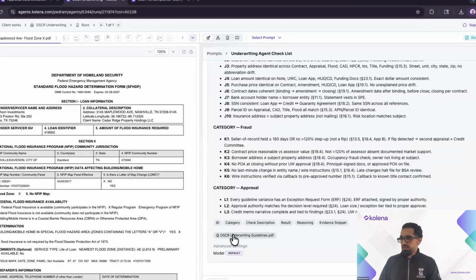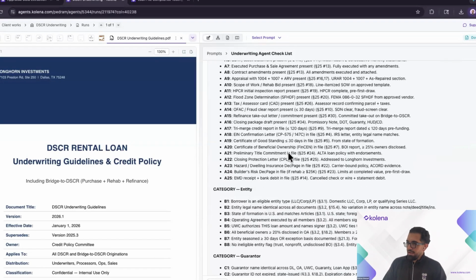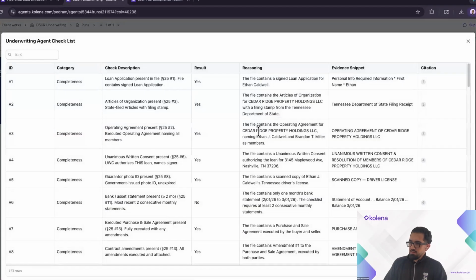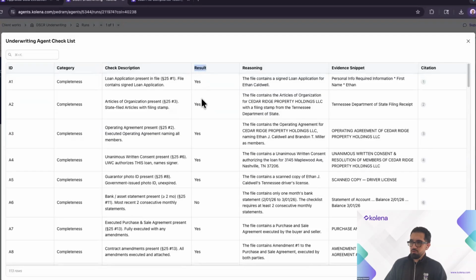Also, I've attached what I call a DSCR underwriting guideline to the prompt so that it has anything that it needs. It can look up the information both in the documents and go back and check. And the cross-referencing that we brought up earlier in the call, this is exactly where it happens. It goes into the guideline, looks at the instruction, looks at the loan package, and just makes up its mind. But if I go back up, now I have 113 checks written in a table with the results